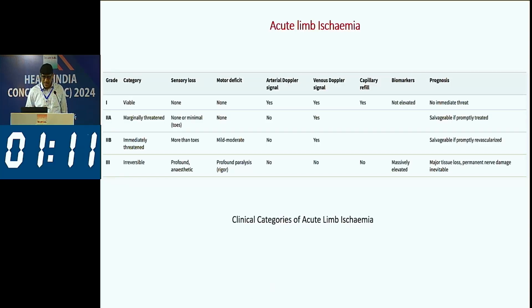The last aspect is acute limb ischemia. These are acute patients who present with severe limb ischemia, and this is how to classify these patients. This is basically classified by looking at 5 parameters, that is sensory loss, motor deficit, arterial Doppler signal, venous Doppler signal, and capillary refill. And once you look at all these parameters, you grade these patients from grade 1, grade 2A, grade 2B, and 3. Grade 1 is viable, grade 2A is marginally threatened, grade 2B is immediately threatened, and grade 3 is